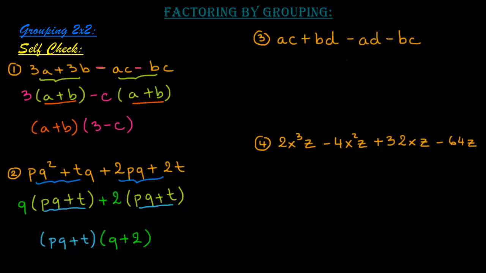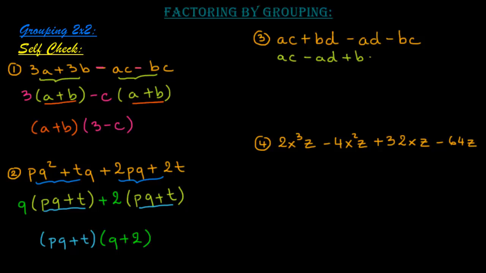Okay, problem 3, we have ac plus bd minus ad minus bc. As you see, the first two terms don't have any common factor. Also the last two terms don't have any common factor, which means we have to reorder them. We have to rewrite them. So I will rewrite them as ac minus ad